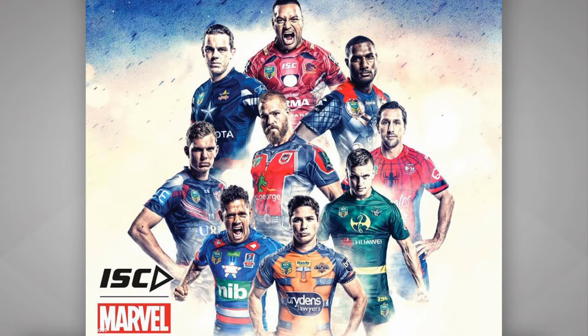But it ended up being a real fun day, and you can see the challenge that I had in some of the photos was to get these guys to look aggressive, look like a superhero, and bring it out. How did you do that, Ben? Taking the piss out of them most of the time. Sorry, excuse the French. Telling them to look at me like I'm their opponent, and just bring it out,